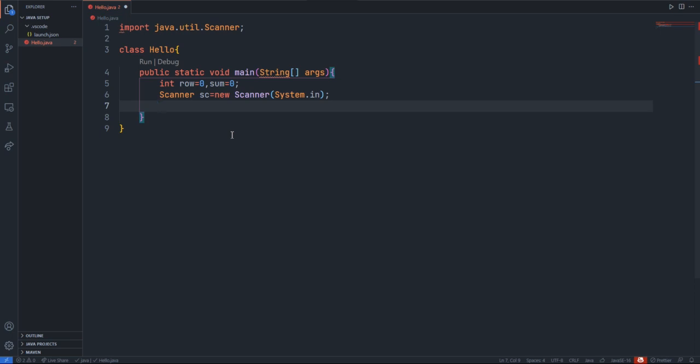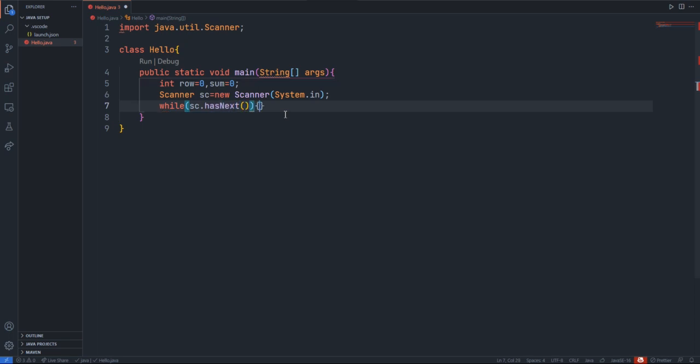I think this is a bad day for my fingers. So after creating the object for the input, we just need an input. No, we don't need that. We can do that directly. While sc.hasNext.